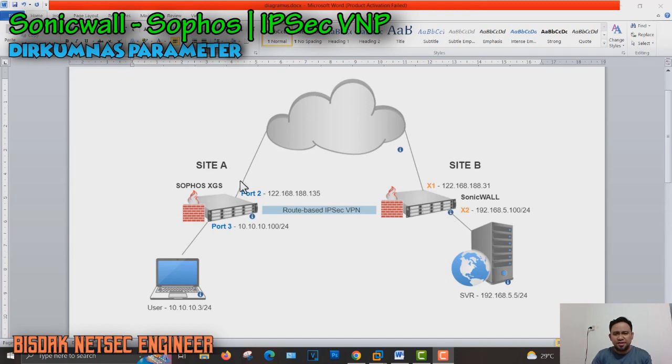Today we are going to set up an IPSec VPN. This is a route-based VPN. As we can see here, we have our diagram, site A and site B. In site A, we have a Sophos XGS version 19 firewall, and in site B, we have our SonicWall Gen7. So this is using SonicOS